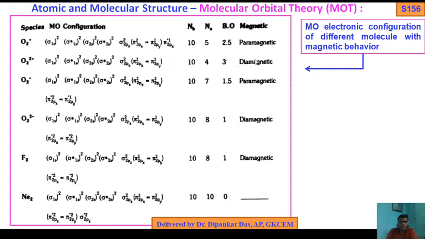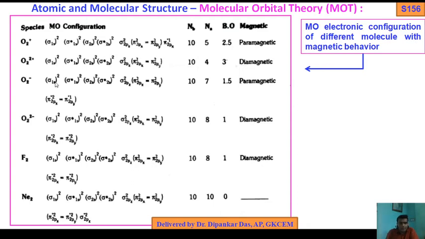If electrons go from antibonding MO, bond order increases from 2.5 to 3. Mathematically, it should be diamagnetic with no unpaired electron. But here, O2 plus is paramagnetic due to the presence of unpaired electrons, which cannot be explained by VBT, valence bond theory. That is the beauty of MOT. From MOT you can explain the magnetic behavior, but we cannot explain it in valence bond theory.